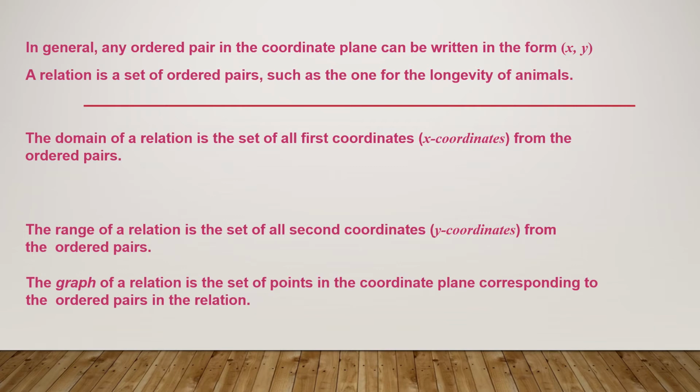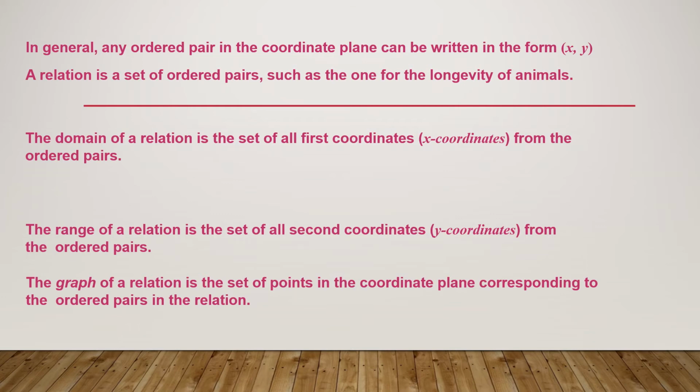Now comes the domain part. You know what an ordered pair (x, y) is. If I have a set in which so many ordered pairs are there, then all the x coordinates will become the domain. For example, A equals {(1, 2), (2, 3), (3, 4)}, whatever, then all the x coordinates will be your domain. And what is the range? The range will be all the y coordinates of the ordered pairs.